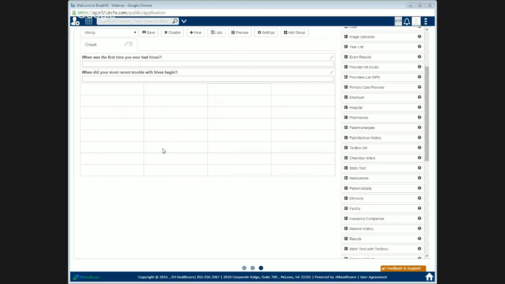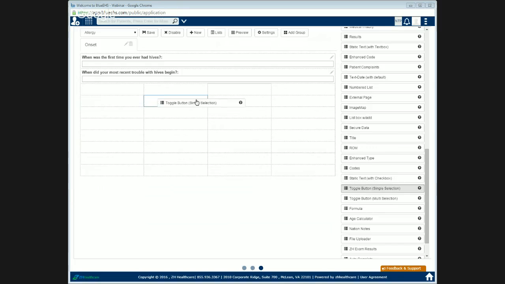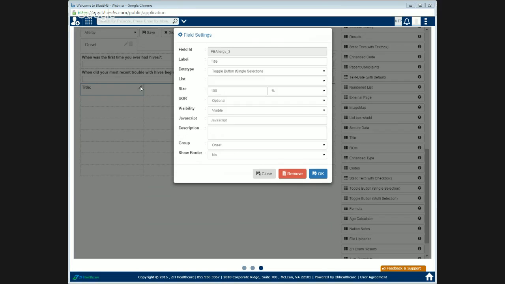Now I have the third question, which is a different set of options that is there in the form. So if you want like a checkbox, a radio button, you can always use that. And we have something called toggle buttons, which will look more attractive than a checkbox and a radio button. So I'm just dragging this toggle button there so that I can create a list of options. So if you see, the third question